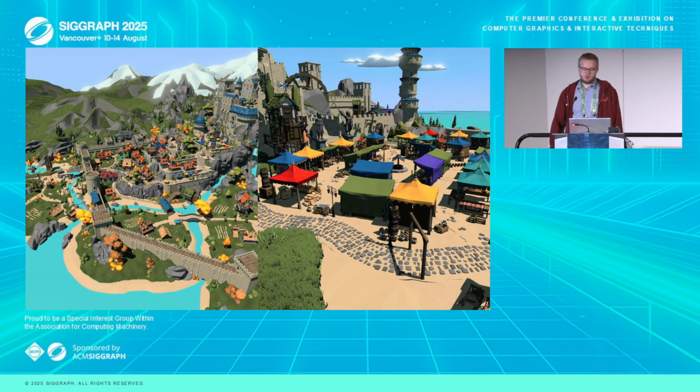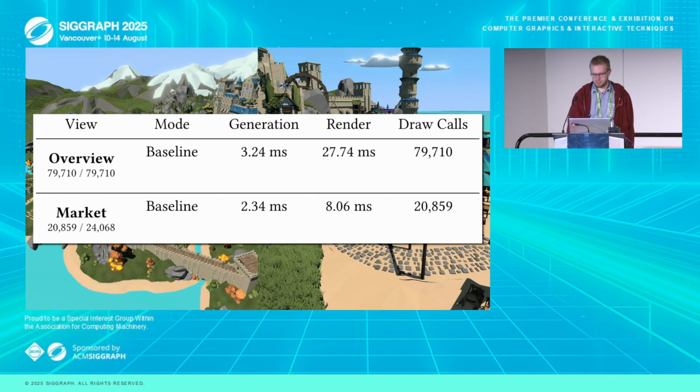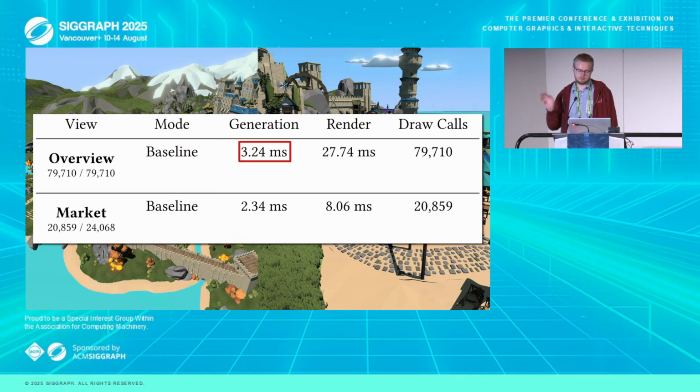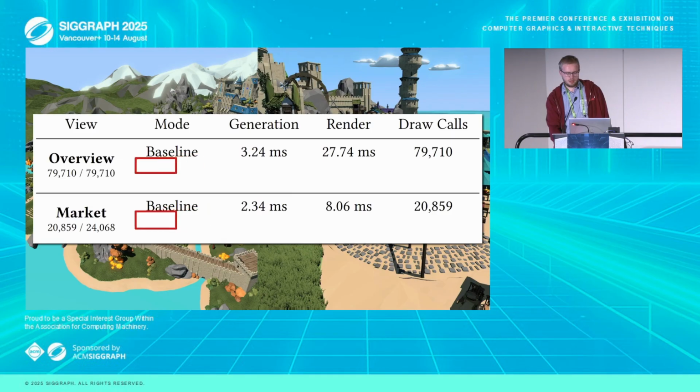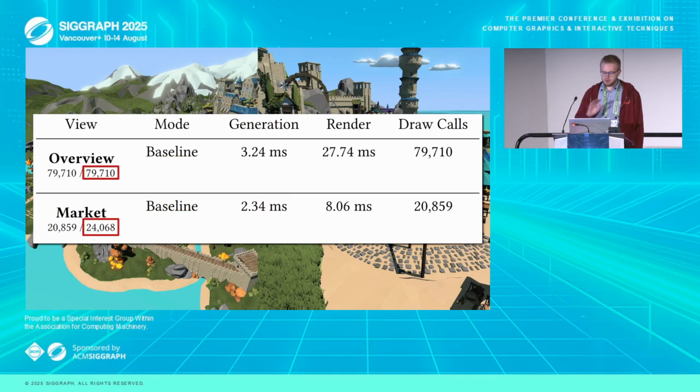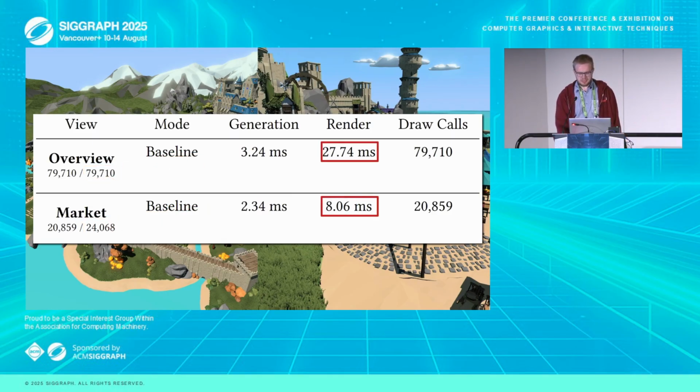All right, so this is the GDC demo from last year, and let's talk about timings. So for generation, we need about 3 milliseconds to augment the scene, depending on the camera position. When we, for example, only look at the market, we can cull a lot of ivy generation because it's not visible, so we're a little faster here. And we also can see that we generate a lot less, but the render timings are absolutely horrible, especially for this low